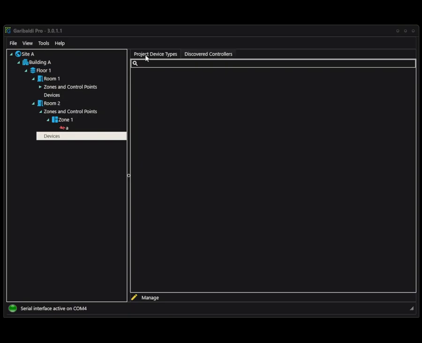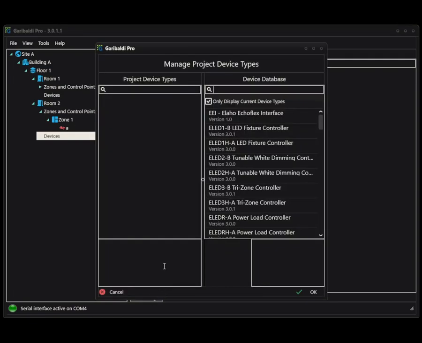types. So this is going to let you pull in and curate some device types and put them into the spaces. So if we go down to manage, we get this window that is broken down into two halves. On the right half, you have your device database. So if you remember back up in tools where we chose to update database, this is the list that is